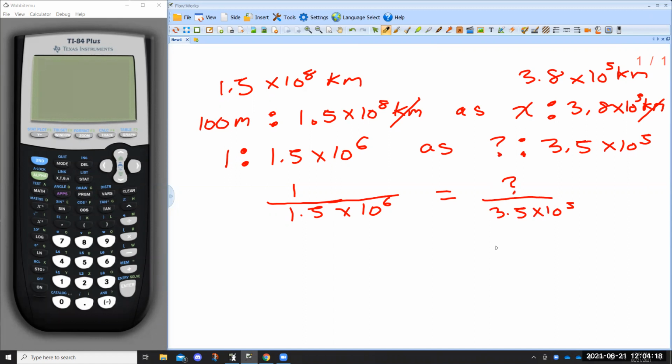Right, like this, and 10 to the 5th divides out and leaves me with 10, and this is going to be 3.5 over 15 is equal to question mark. 5 goes into here. Let's just do this on the calculator now. 3.5 divided by 15 is